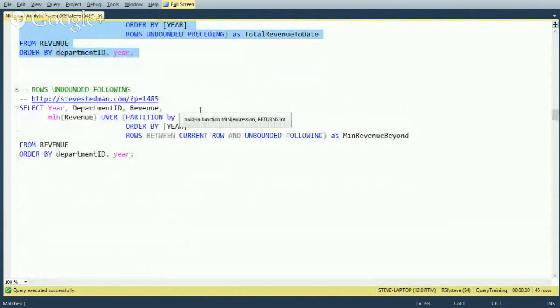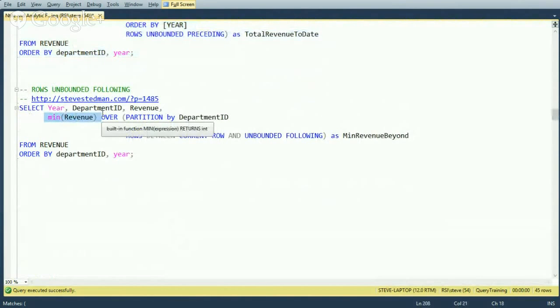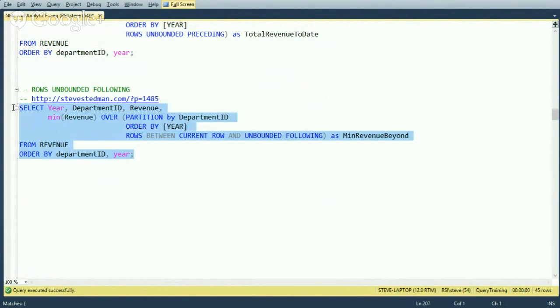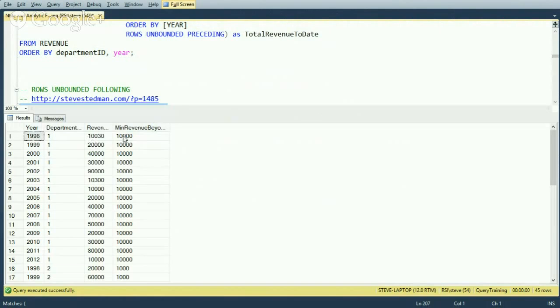So here, I'm looking at the minimum revenue, same partition, same ORDER BY, but we're looking between the current row and unbounded following, which technically is the same as just saying unbounded following, because the current row is included in unbounded following, but I wanted to show how it could be used either way. So when we run that,